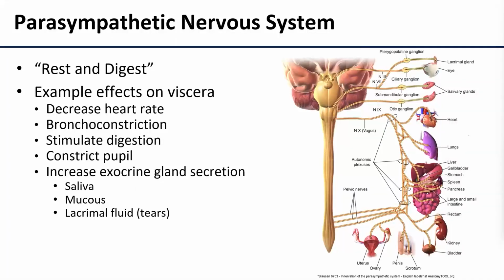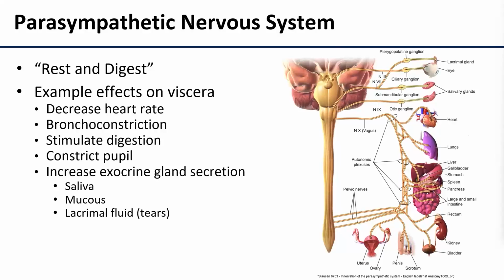All right, so as I was saying, parasympathetics can be thought of as the rest and digest system. What that means, practically speaking, is that this system tells the viscera to do things that either minimize energy expenditure, so that's the rest part, or to bring in new sources of energy, and that's the digest. Some examples of this are slowing down the heart rate,